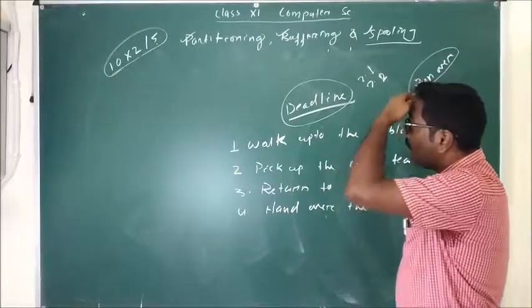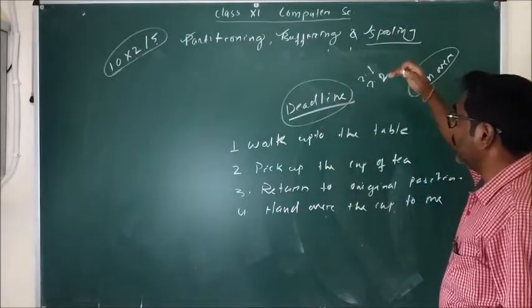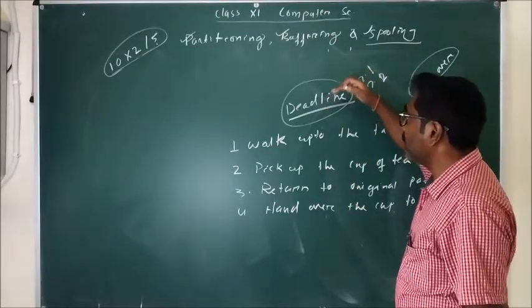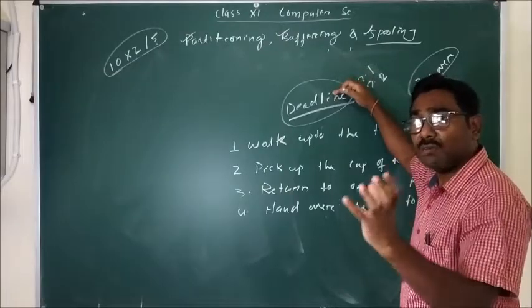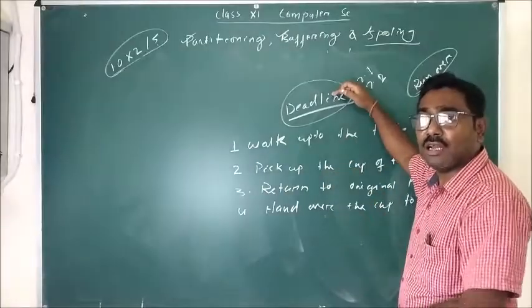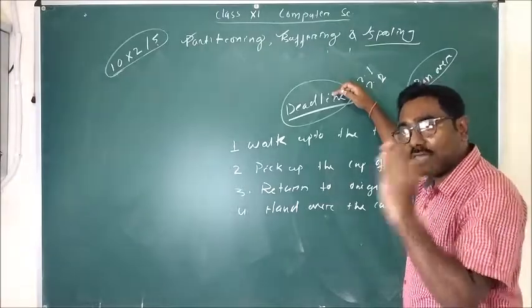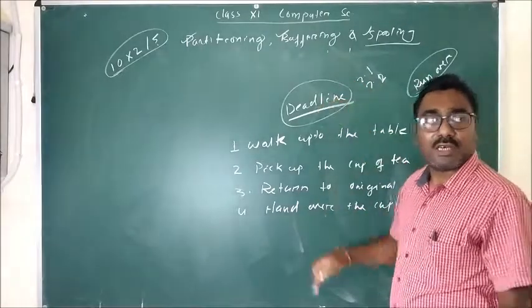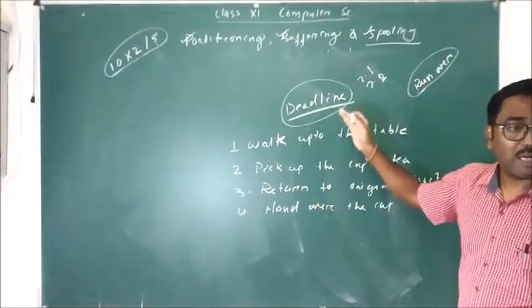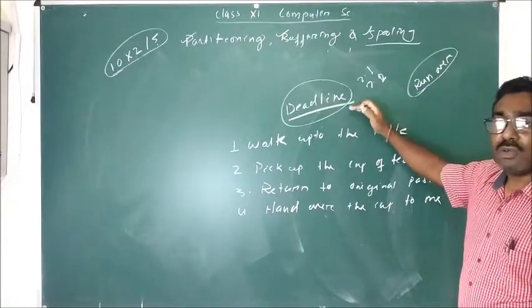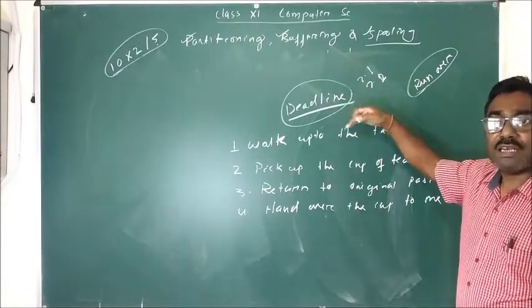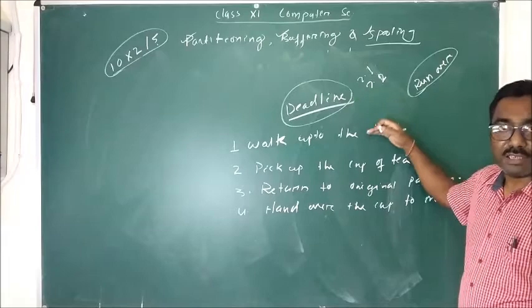Now this is how the deadline is decided. When we give a command to a robot, we have to decide the deadline, how much time it needs for that particular task. And within that period of time only, the computer has to complete the task, and then it will receive the next command for execution.